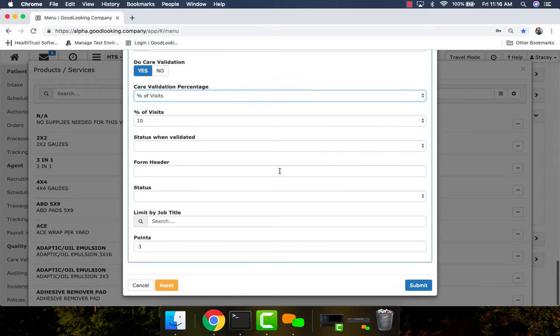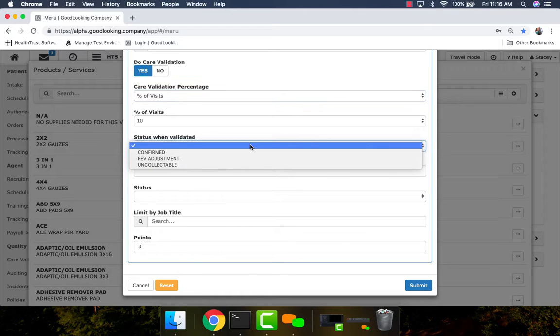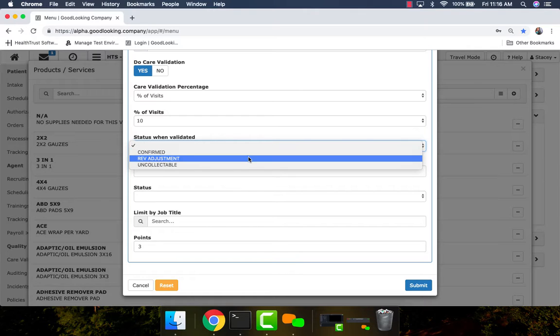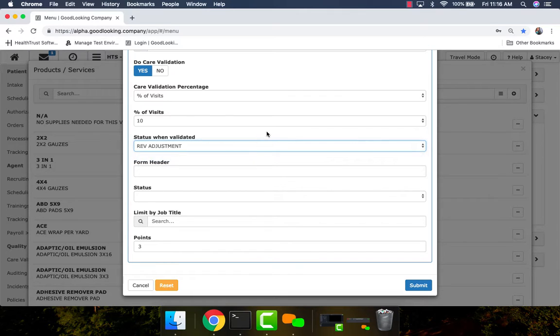Once that visit gets turned in and validated, if you want us to bill that claim or that charge, then you'll want to set the status to confirmed. If this is a service that automatically gets written off, you would want to choose revenue adjustment or uncollectible. Revenue adjustment would be something like